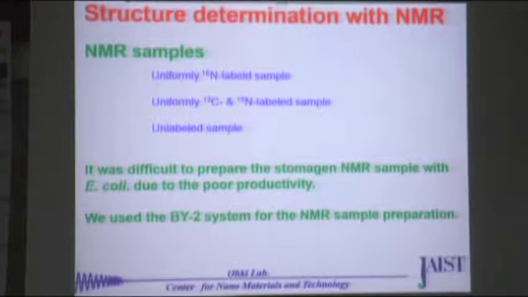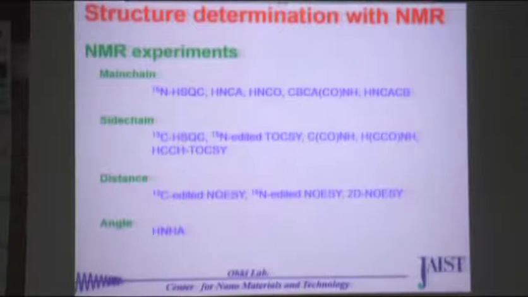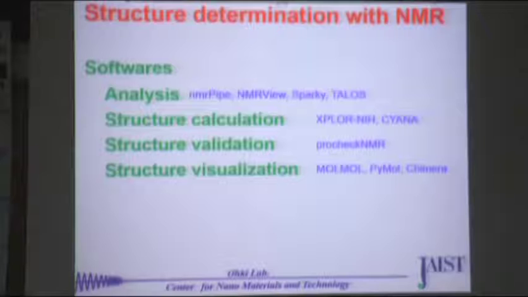So we used our new protein expression system with BICON, and we successfully got the NMR sample. And we tried many NMR experiments to determine the protein structure, and we used many softwares to